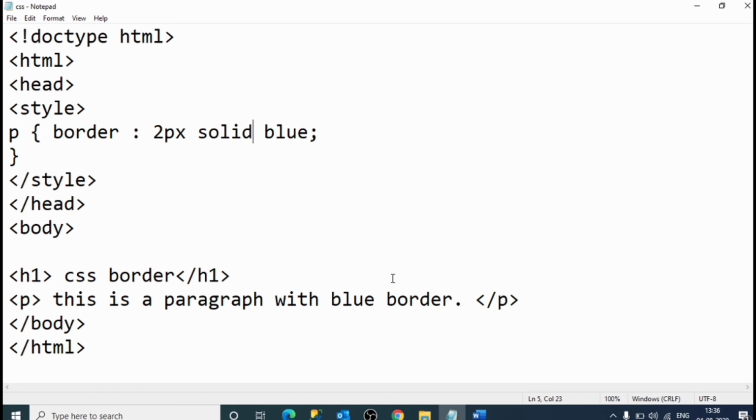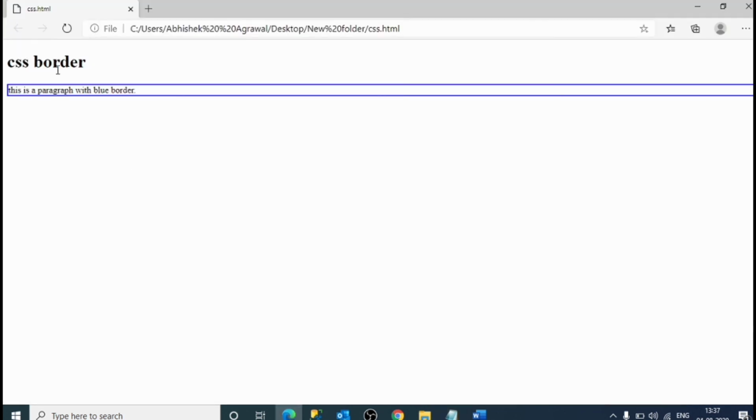Now we have written html, head, style, p border 2px solid blue, then slash style, slash head, body, h1 CSS border, p this is a paragraph with blue border, and slash body, slash HTML. Now we'll save it and see. CSS border: this is a paragraph with blue border.